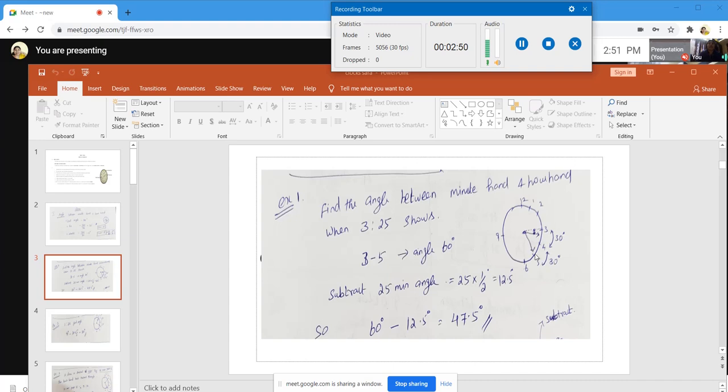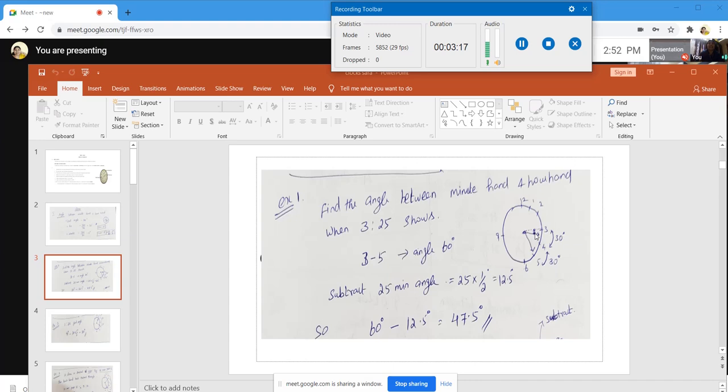So for this, what do we have to do? We have to consider the angle between 3 to 4 and 4 to 5, because it's a complete hour. So 3 to 4 is 30 degrees and 4 to 5 is 30 degrees, so totally 60 degrees between 3 and 5. We cannot take the 60 degrees directly because you know that 25 minutes have passed, right? So definitely your hour hand will have crossed that small 25-minute gap. So we have to subtract that angle.